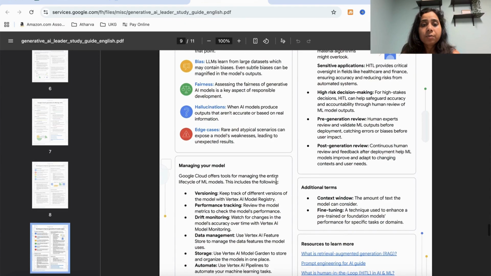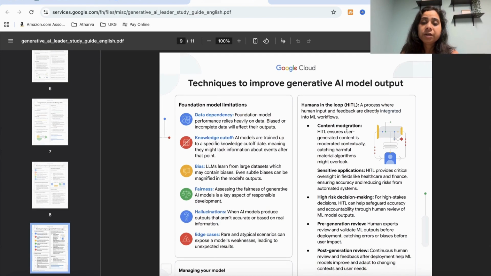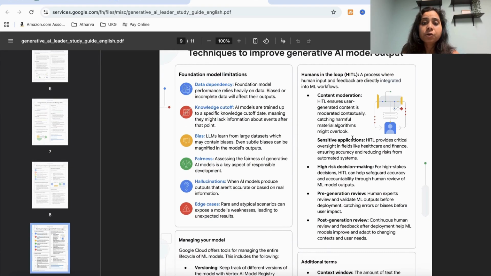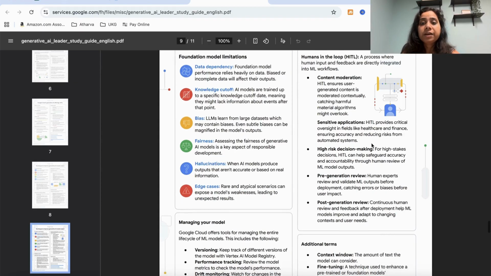Now we will talk about human in the loop. This is a process where human input and feedback are directly integrated into machine learning workflows. Content moderation: human in the loop ensures user generated content is moderated contextually, catching harmful material algorithms might overlook. Sensitive applications: human in the loop provides critical oversight in fields like healthcare and finance, ensuring accuracy and reducing risk